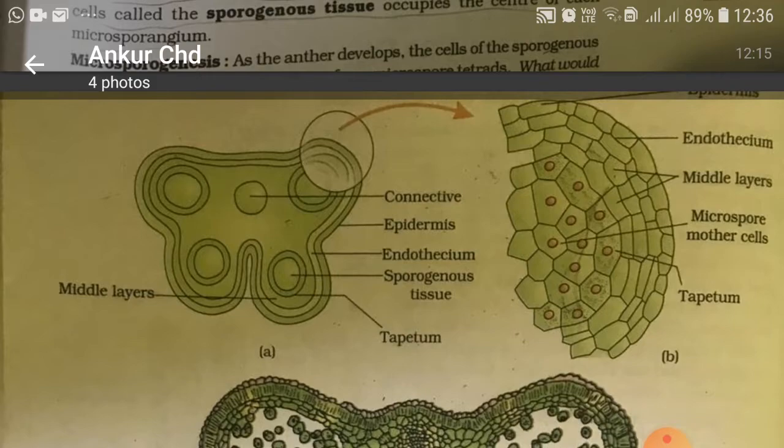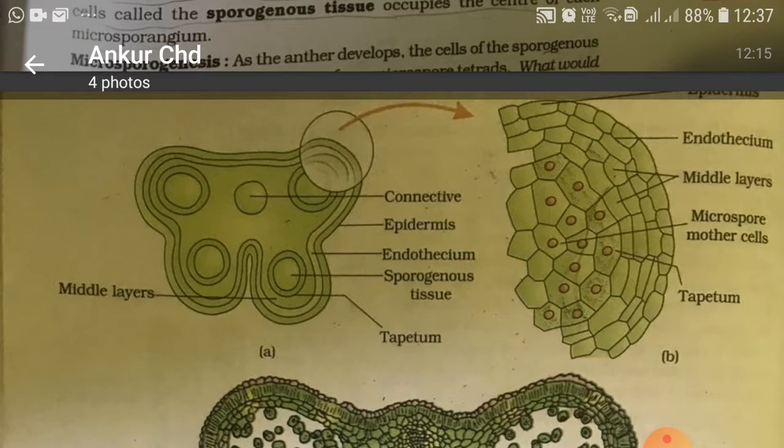here is the diagram which you will see. These diagrams are very important, children, for 2 to 3 marks diagrammatic type of questions. Now a very young anther has actively dividing meristematic cells surrounded by a layer of epidermis, right? So it becomes two-lobed. Then each anther lobe develops into 2 pollen sacs. Thus a bilobed anther develops 4 pollen sacs situated at 4 corners of the anther, as you can see in